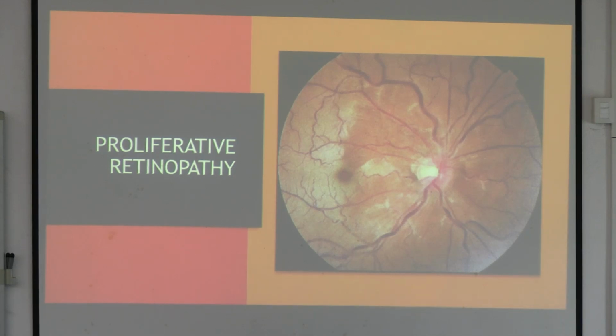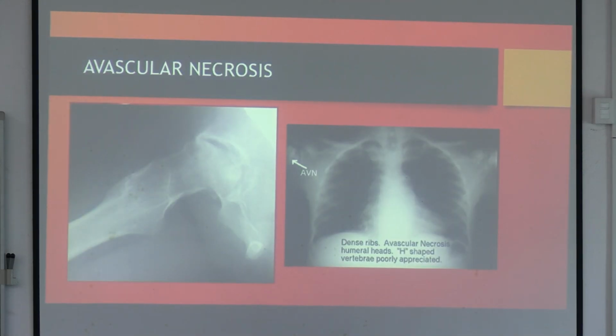Proliferative retinopathy, এটা ফান্ডাল এক্সামিনেশন, এটা হেমারেজ হয়েছে। এনগর্জড, নর্মাল এরকম ভাস্কুলেচার থাকে, কিন্তু এটা দেখ এনগর্জড হয়ে গেছে। আই যখন ক্লাস হবে দেখাবে। অ্যাভাসকুলার নেক্রোসিস, ডেন্স রিব, এইচ শেপেড ভার্টিব্রা, এই যে অ্যাভাসকুলার নেক্রোসিস হয়ে গেছে। যে কোনো জায়গায় অ্যাভাসকুলার নেক্রোসিস হতে পারে, কিন্তু ফিমারে মোস্ট কমন। অ্যাভাসকুলার নেক্রোসিস, ফিশ মাউথ অ্যাপিয়ারেন্স, এইচ শেপেড ভার্টিব্রা, সবগুলো কমপ্লিকেশন অফ কি? vaso-occlusive crisis in nutrient artery of the bone. ওকে,